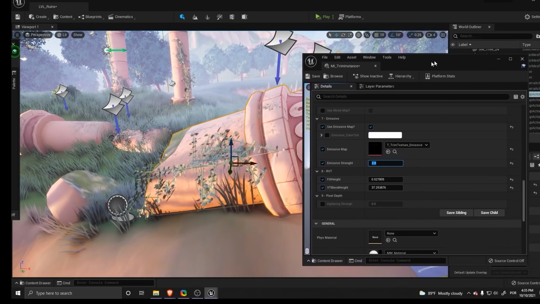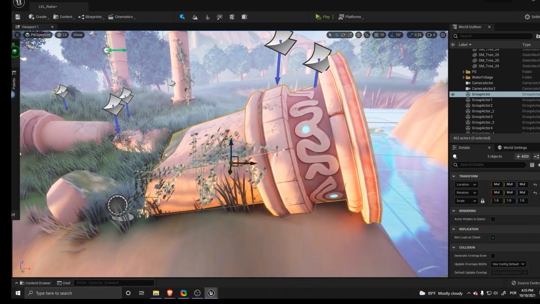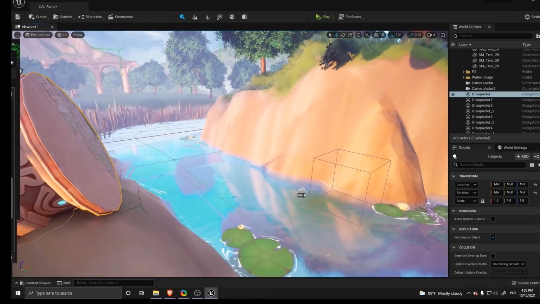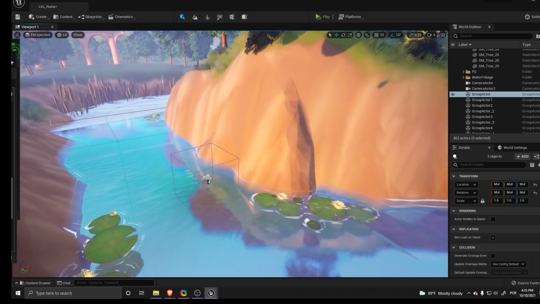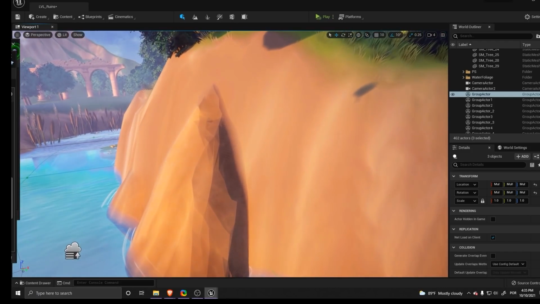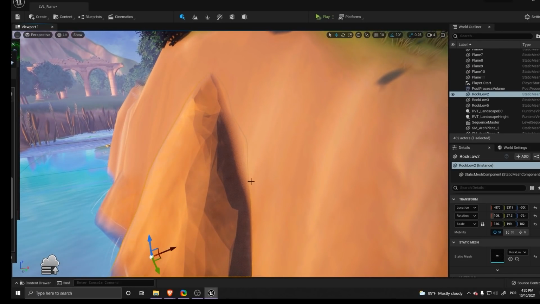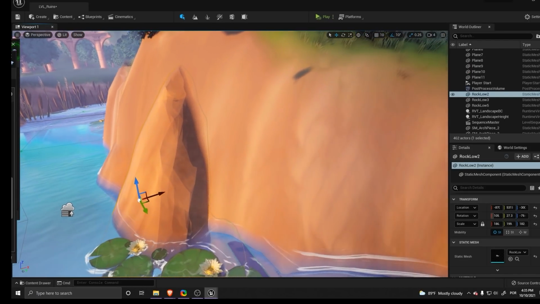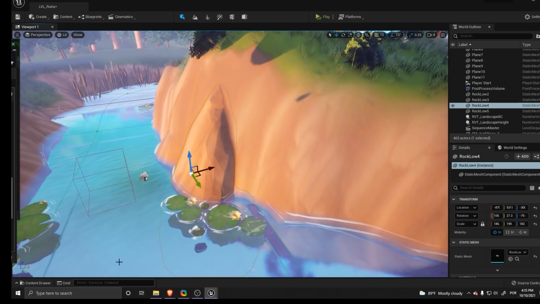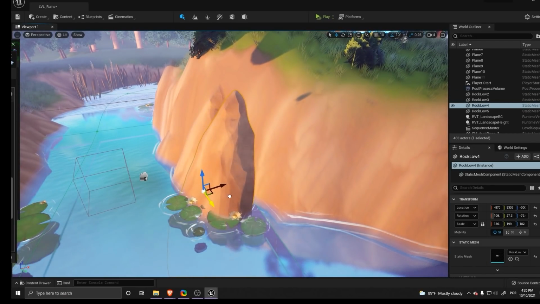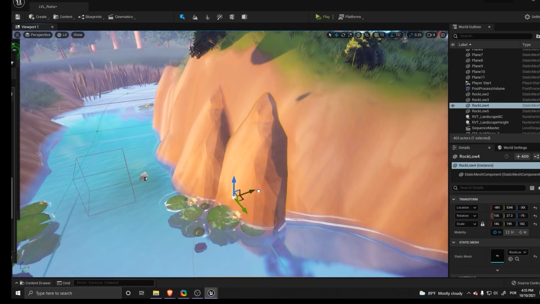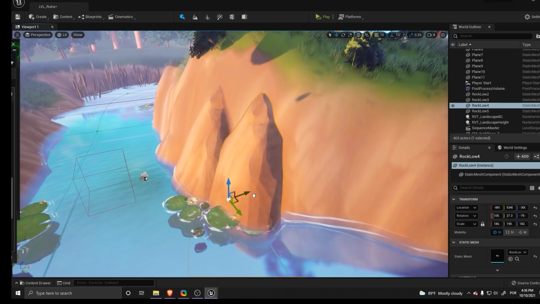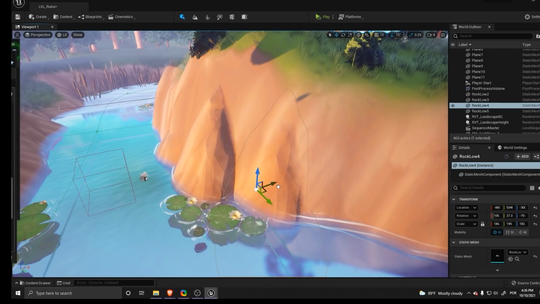I want to go ahead and talk a little bit more about the RVT. It basically changes the way that some assets blend in with the landscape. So it's more noticeable on this piece that I have right here. I'll go ahead and just duplicate it. The texture, in quotation marks, on this piece will change depending on where it's touching.